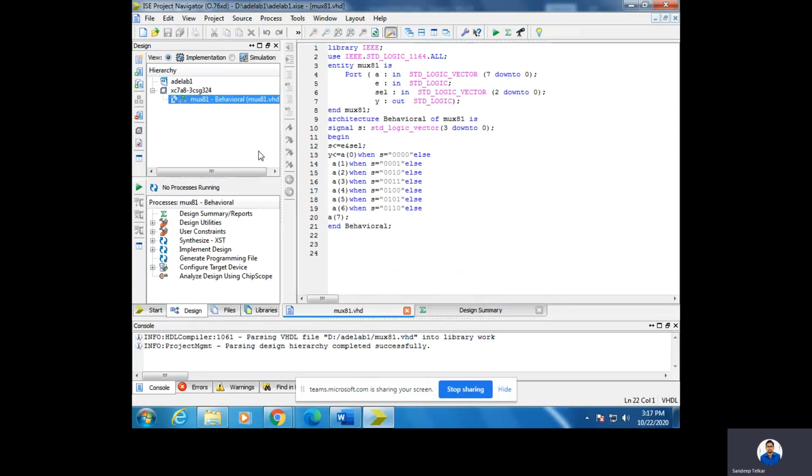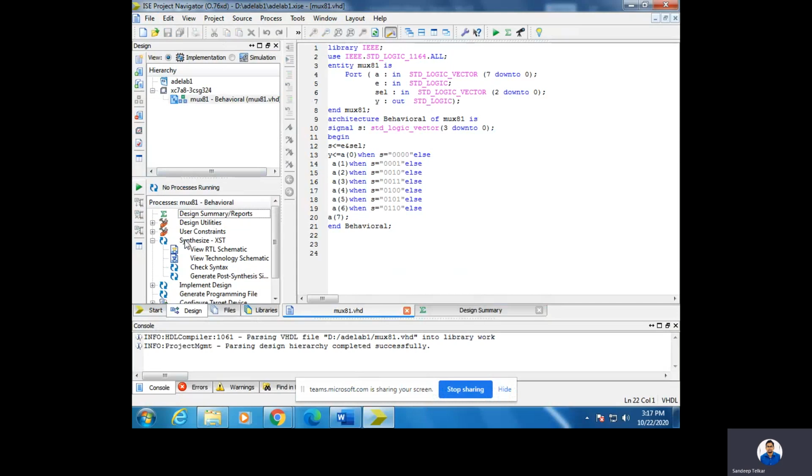At the left side part, click on the program name that you have given. At the bottom of this page, you have one more table. In that table, you need to choose Synthesize, right? If you double click on Synthesize, it in turn checks for errors in your program. If there is any error, it is going to show it with the line number.